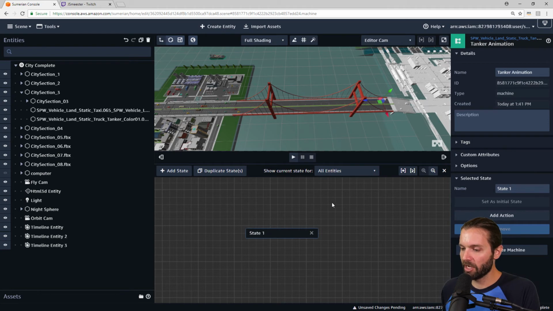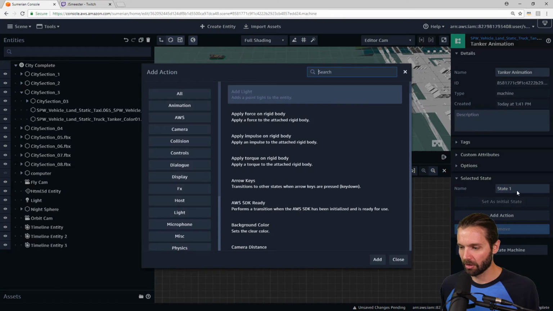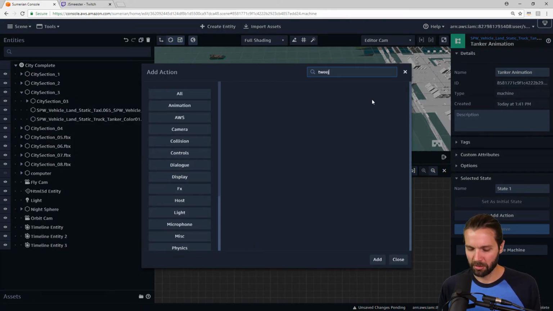We're going to use tween moves this whole time because we want to show tween moving. So in between, we want to show the animation. So anytime you're using an animation in the state machine, that's what the tween action is for. So we'll just use state 1 as the name. We don't need to change that. Then we're going to go tween